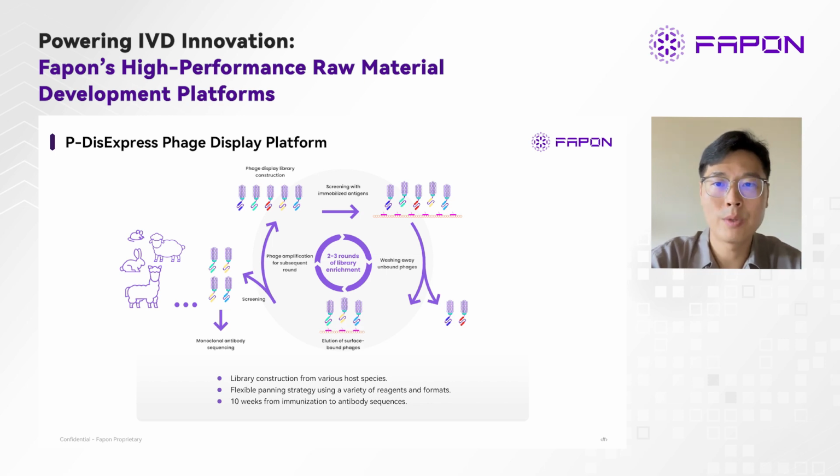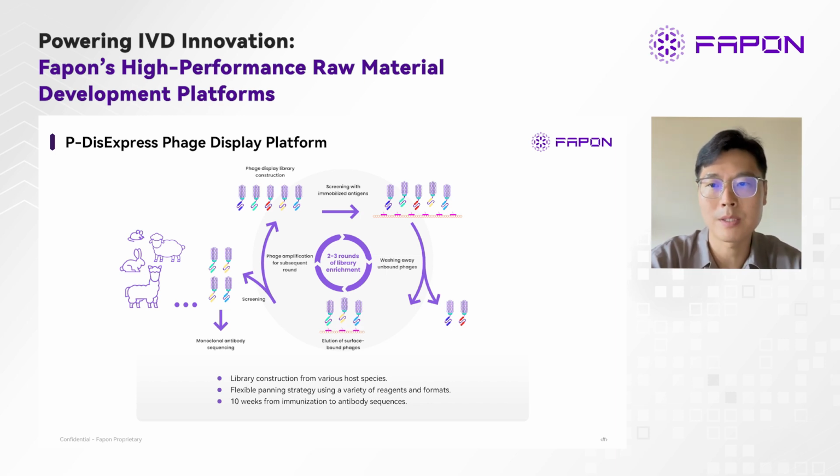During the panning stage, we can use diverse antigen types and formats. The antigens could be proteins, nucleic acids, small molecules, or peptides. We can also immobilize the antigen on different surfaces, such as beads or plates. We can also overexpress the target on the cell surface if, for example, it's a transmembrane protein. Basically, we'll select the optimal format, the best condition for the protein to display epitopes and fold properly in that environment.